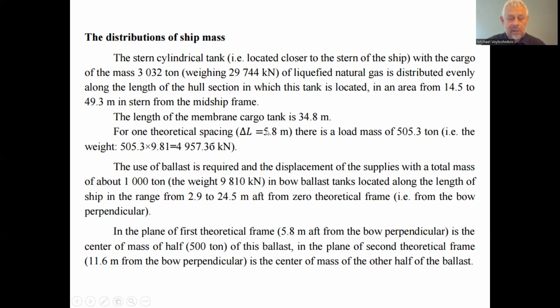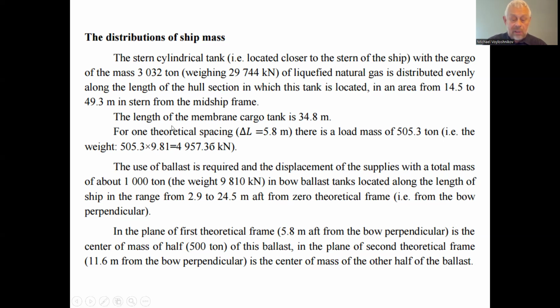the spacing is 5.8, so we have to take the proportion 5.8 divided by 34.8 multiplied by the weight. We can find that for one spacing we have the load, if the stern capacity is loaded, 505.3 ton. That is the weight of 4,957.3 kilonewton. To use a ballast, it is required in the displacement of the supplies with a total mass of